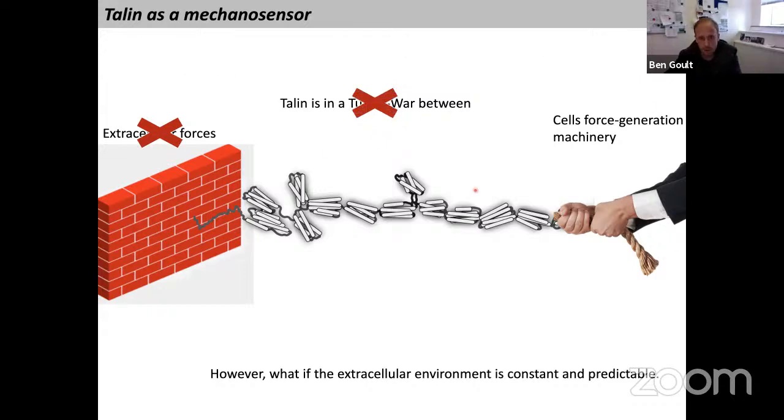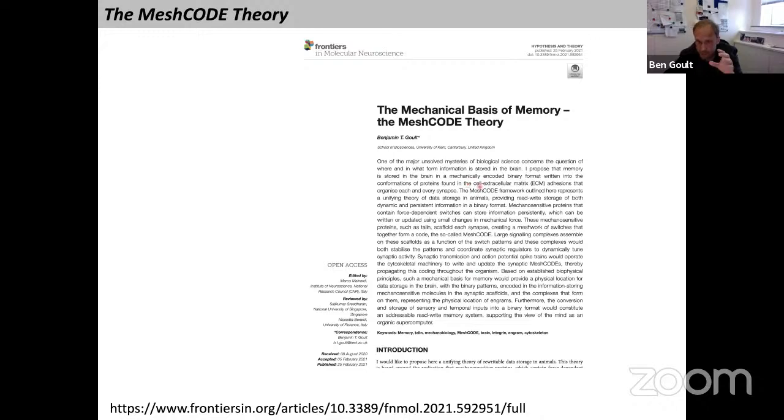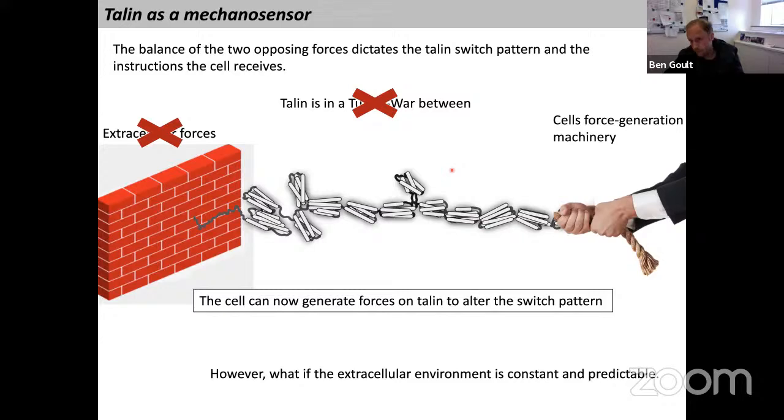What we're now looking at is a series of switches which are coupled to the cell's force generation machinery. So the cell is now in control of its own switches. It hasn't got to worry about a constantly changing extracellular environment. If you're a fibroblast crawling along, obviously these are changing a lot, but if you make it predictable, then you can control these switches. And that's what led to the mesh code theory: this idea that these switches could be internally controlled in response to cell signaling, changing as a function of signals going through that pathway to stimulate the contractility. And that's all based on this realization that this is what we're looking at here.